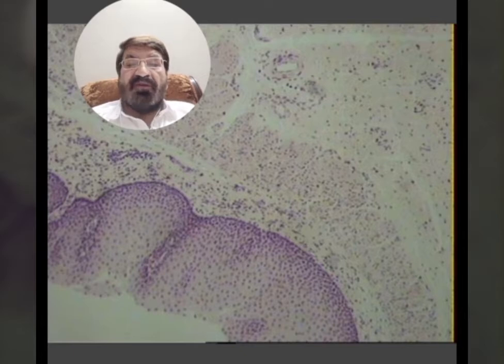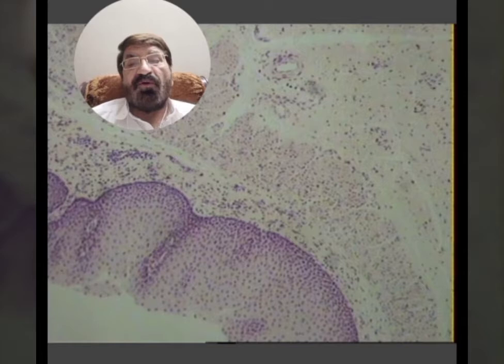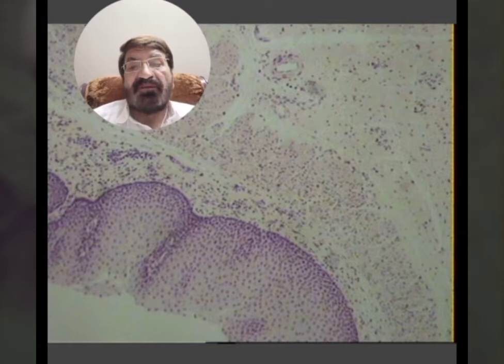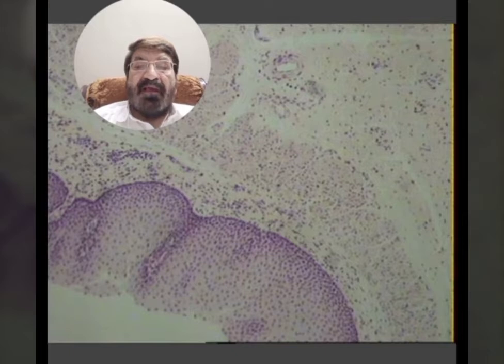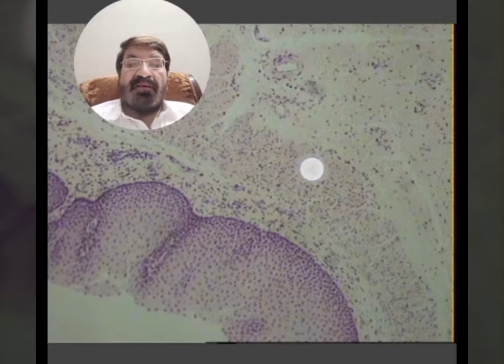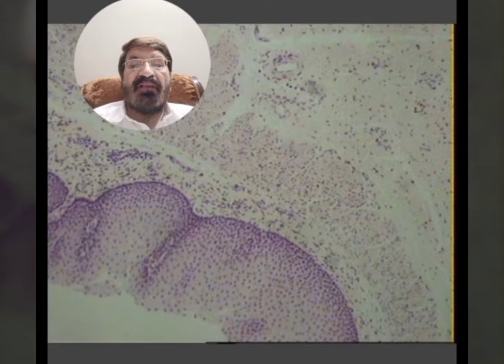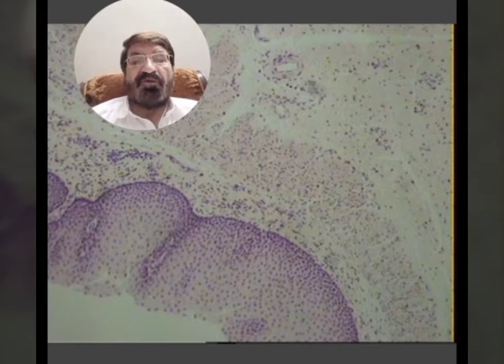तो चुनांचे ये देखो इसके नीचे, this is the lamina propria. Lamina propria is nothing but the loose areolar connective tissue, and this loose areolar connective tissue consists of the collagen fibers. There are bundles of the collagen fibers, red in color. Then we have got the elastic fibers. There are a lot of blood vessels, the lymphocytes and plasma cells and mast cells. And then we have got another layer of the smooth muscles, and these smooth muscles, inner circular and outer longitudinal, this is called the muscularis mucosae because this is the part of the mucous membrane.